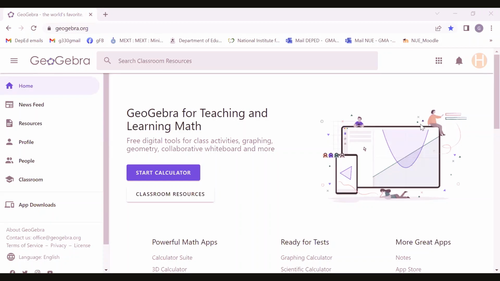Welcome to this GeoGebra tutorial. In this tutorial, we will learn how to draw a triangle using GeoGebra. And also, we will learn how to determine the measure of the angles and the sides of the triangle using the same application. So to start with, all we have to do is to use our browsers and open